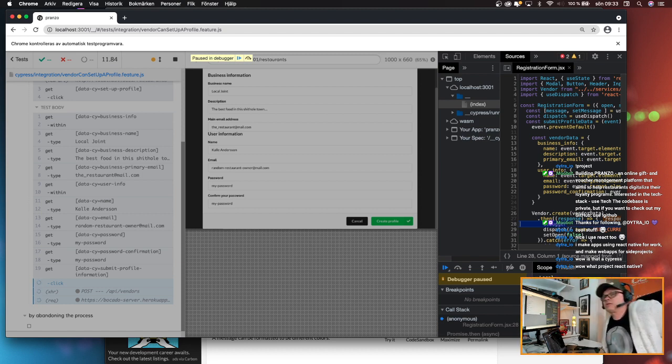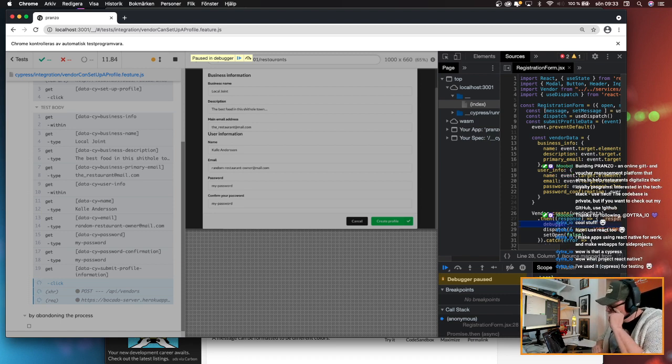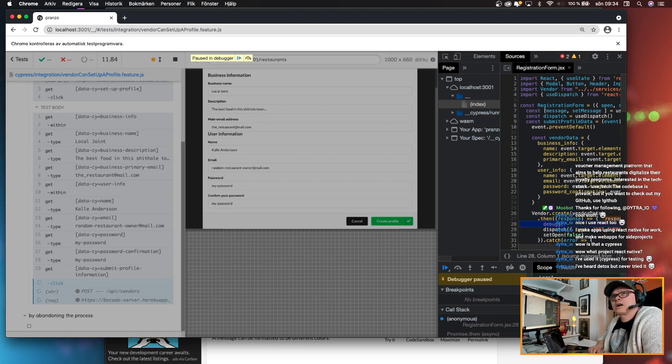I've been experimenting with Detox heavily, not in this project, but if you know anything about Detox, that would be interesting to discuss at some point. In this case, I'm not using React Native in this project, but I have some other stuff going on, and I think I will be streaming some Cypress, some React Native stuff. If we have the time,